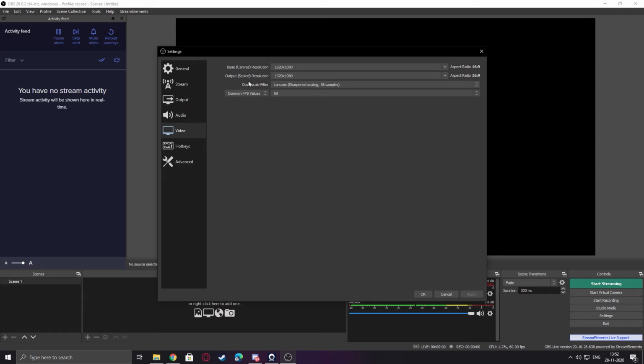Second is the output scale resolution. This is the resolution in which you will stream. If you've got a low end computer, use 720p 30 fps. If you've got a decent computer, not so low end but not so high end, you may go with 720p 60 fps. If you've got a very decent computer with the latest NVIDIA encoder like a 1060, you can go with 1080p 60 fps. Choose the downscale filter as Lanczos. It gives the best quality. If you still get frame drops, try going with bicubic, but Lanczos is the best, hands down.